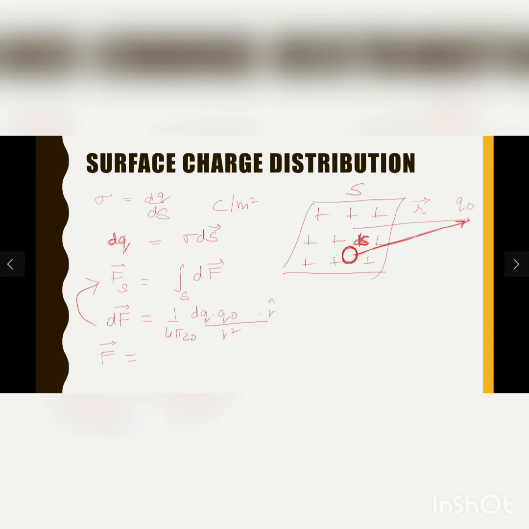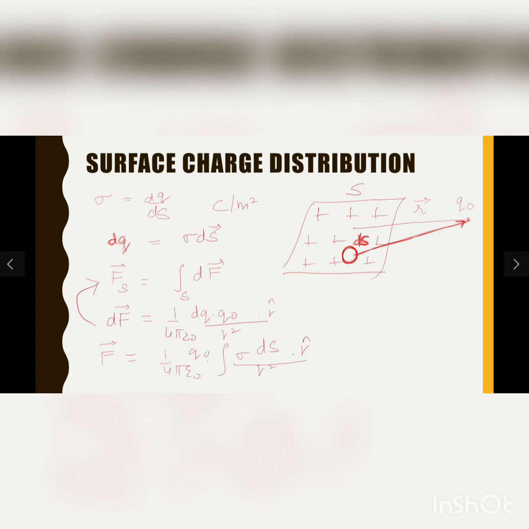And in place of dq, now I can put the value of dq in terms of its surface charge density. So I can write it as 1 by 4 pi epsilon, and I put dq as sigma ds. Q naught goes outside the integral, r square into r hat. This gives me the value of force exerted due to a surface charge distribution when the object is two-dimensional in